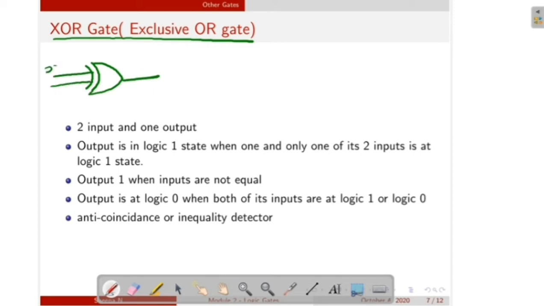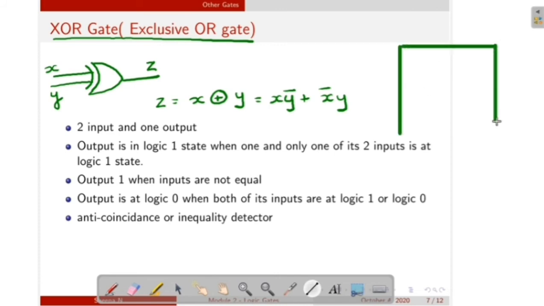like this. Here it is a two input XOR gate, X and Y, and Z is the output. We can represent that operation as Z is equal to X XOR Y. X XOR Y is actually equal to XY bar plus X bar Y. That means when both inputs are different, then output is 1. When both inputs are the same, then output is equal to 0. So we can draw the truth table.